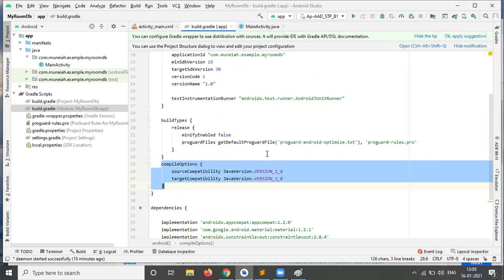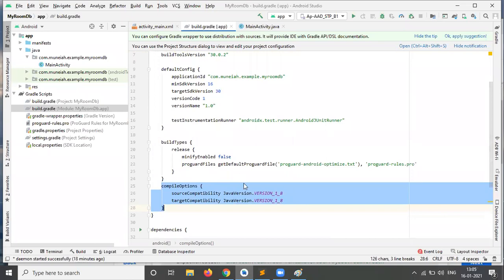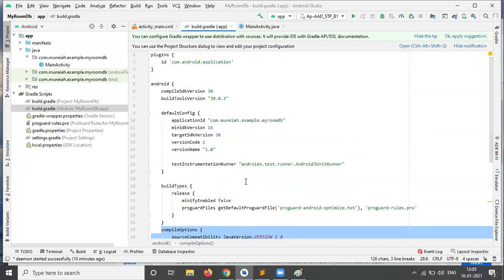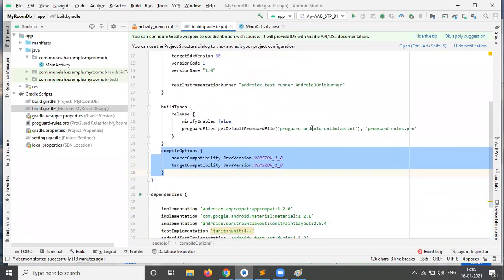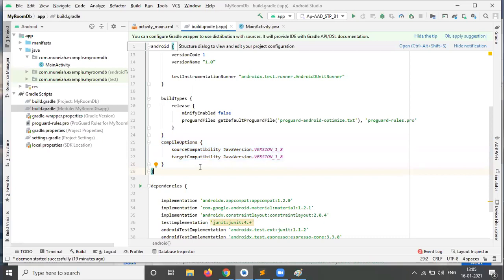If you don't have the compile options, you can copy and paste them. My Android Studio version is 4.1 or above. So if your Android Studio is below 4.1, you need to add these compile options manually. So this is the first thing.